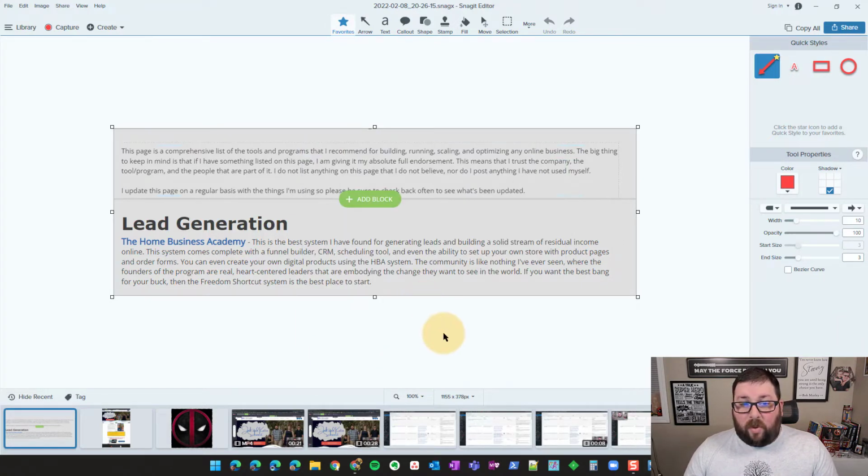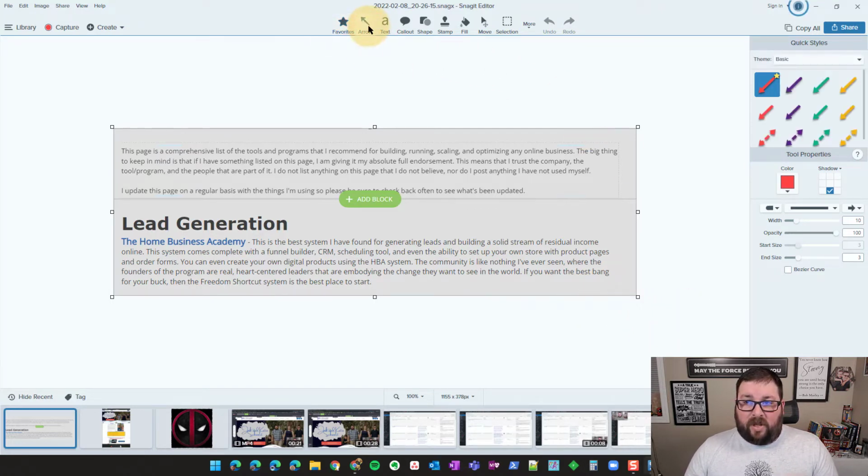So now that we're in the editor and I've already got some things in here, you've seen I've taken some screenshots and things like that. So let's go through some of the features. Now, this is something that's super, super cool, and I love the editor for this reason. And the reason I love it is because all of these features,